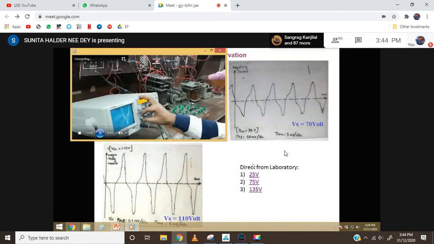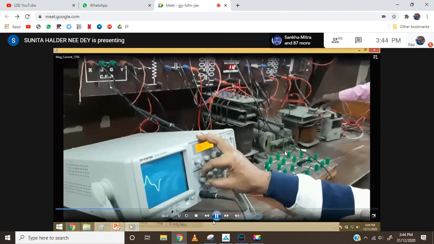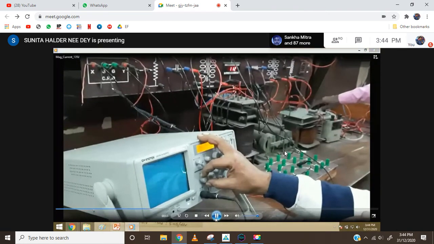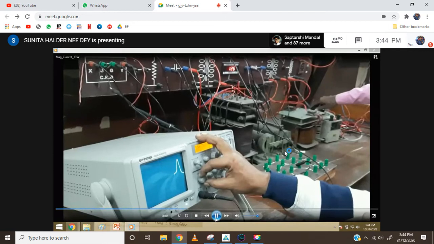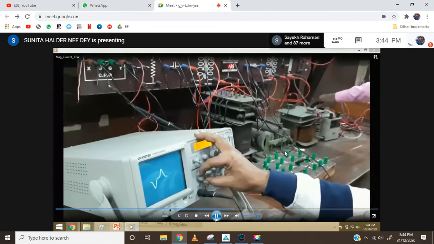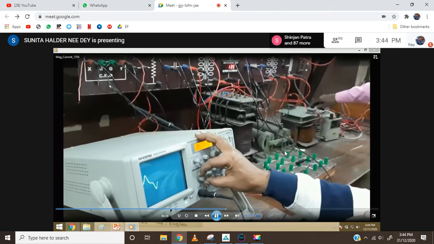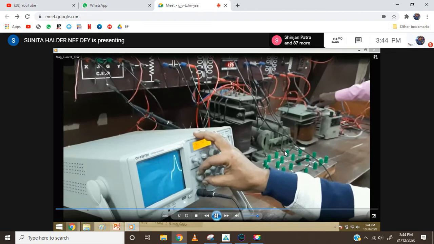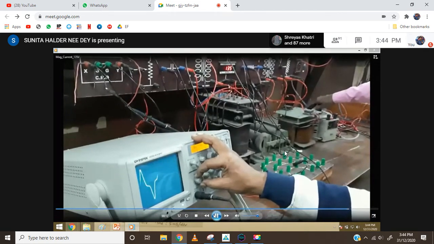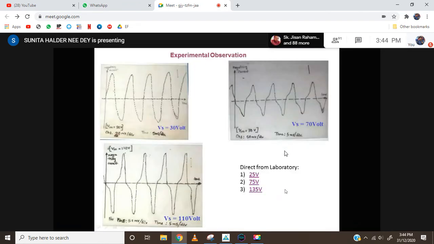Similarly, for 135 volt, that is overexcitation, again we get the nonlinearity. Again, here the scale is much higher. If you make the scale higher, then it will be beyond the screen, so you have to increase the scale so it is within the screen. So in this way, it is done in the laboratory. Have you understood how to observe the magnetizing current waveform in the oscilloscope? Yes, ma'am. At least you can try if you get the lab open with this information.